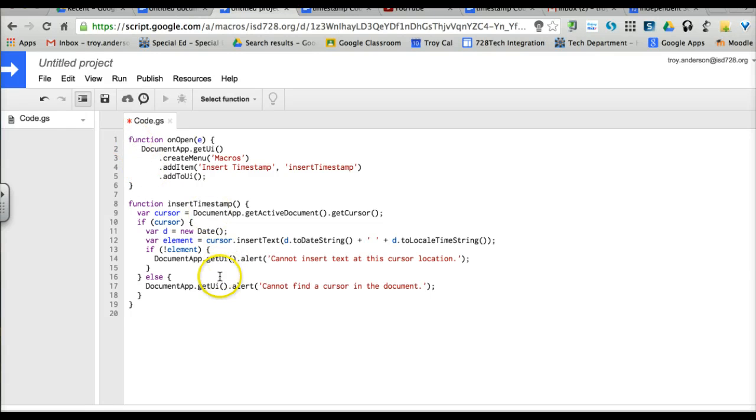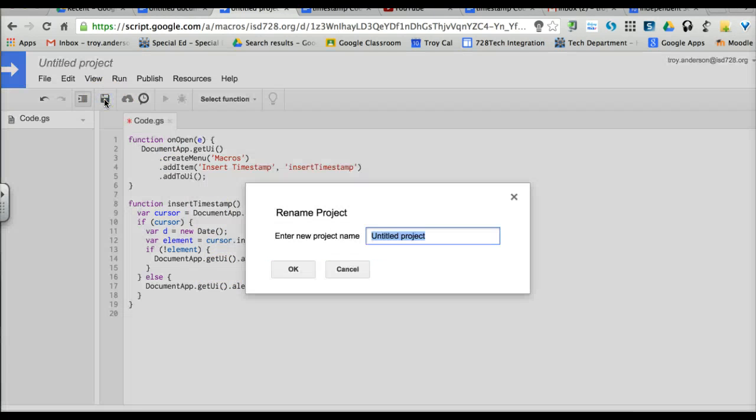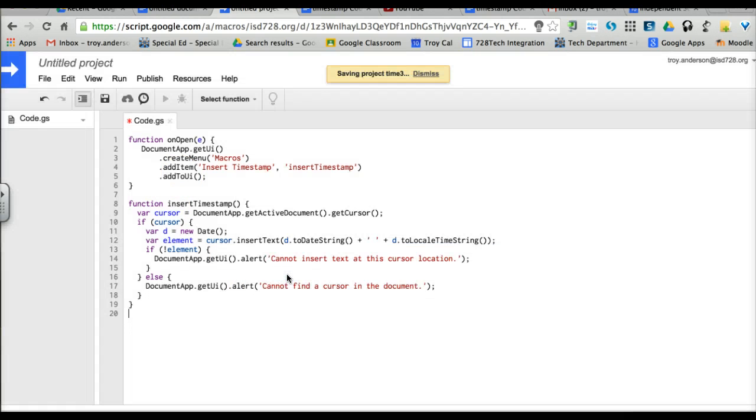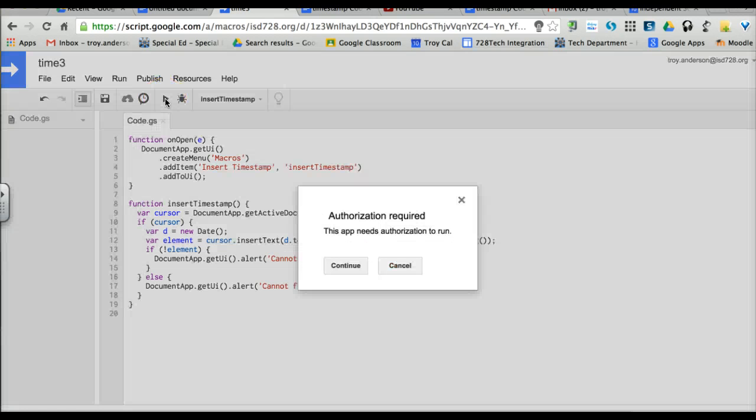Once that new code is pasted in here, you can click Save, give it a name. I'm just going to type in time 3 here because I've done this a couple of times. And it's going to update that script. You'll notice you'll get a little confirmation up here of the progress of it, and it's done. Now when I go to this menu here, select a function, I see Insert Timestamp as an option. Once that is displayed here, then I can click the Run button, and we'll go ahead and start to